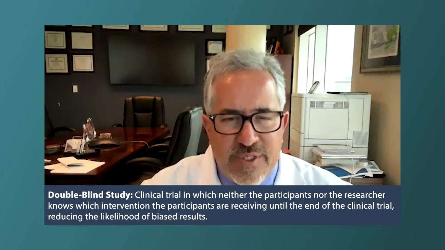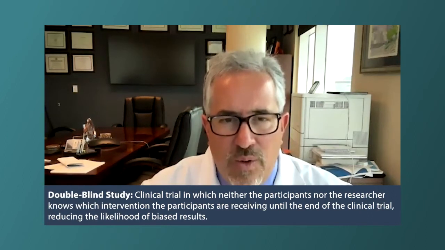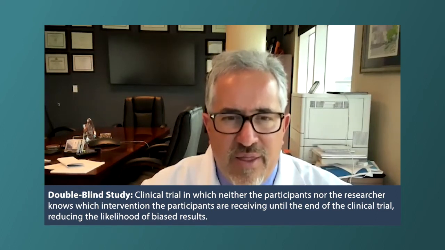So with a trial, let's say that there's more than one way someone can be treated. Let's say arm A is drug X, and arm B is drug X plus drug Y, where drug Y is the experimental drug and drug X is kind of our standard of care. The reason they are double-blinded is that if the physician or the patient know exactly which arm they're on, that might have an influence in terms of the physician assessing the response of the patient